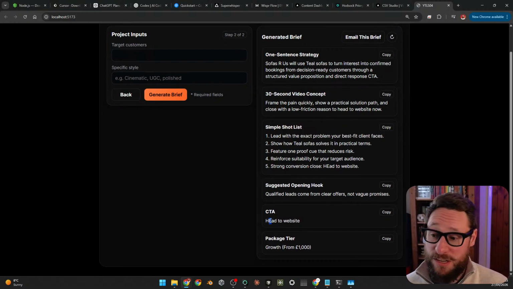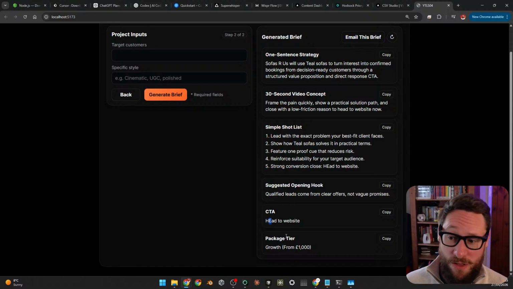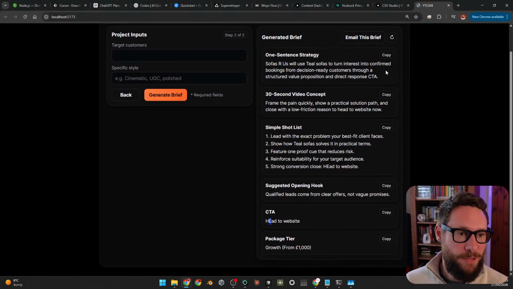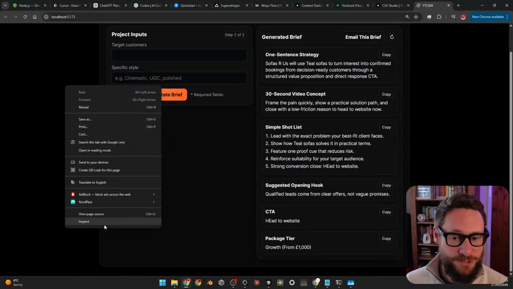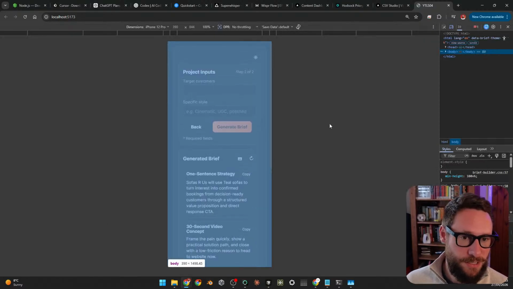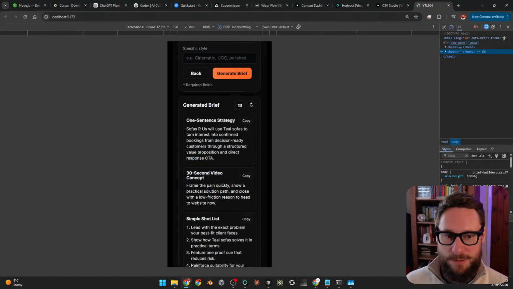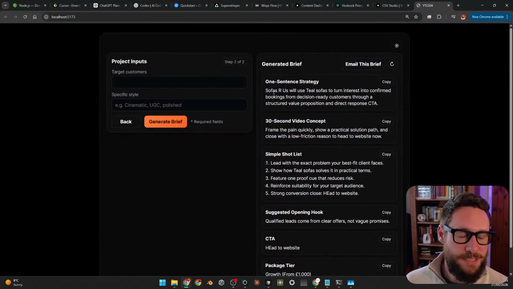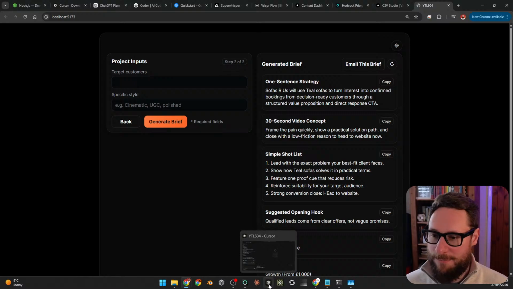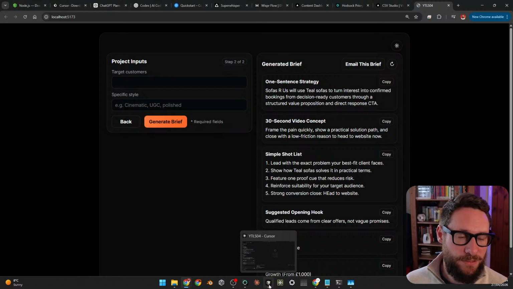So this is a really good thing, is maybe we do spell check and run that in there as a code thing. But that's nice. We've got an email this brief button there, and then it's actually removed the other one, which I didn't want, but this is interesting. And then on mobile, yeah, it's put it as a little icon. Okay, cool. So it's done. It's replaced it, not kept it. I wasn't specific enough